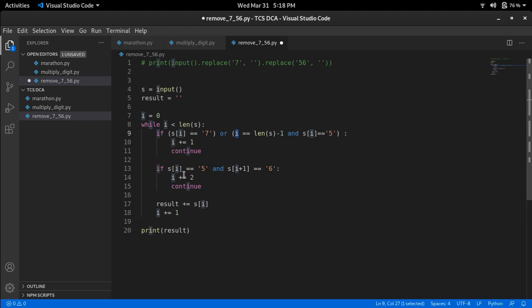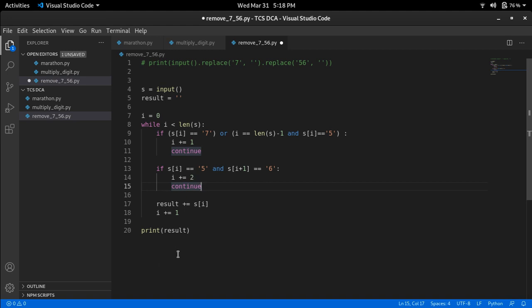After that we are checking this particular condition, which is for 56. If the current value of s of i is 5 and after 5 we have 6, so s of i is 5 and s of i plus 1 is 6, then we are simply incrementing the index counter by 2 and continuing.